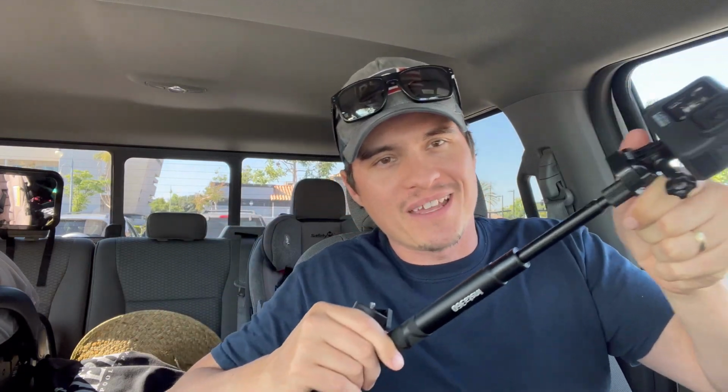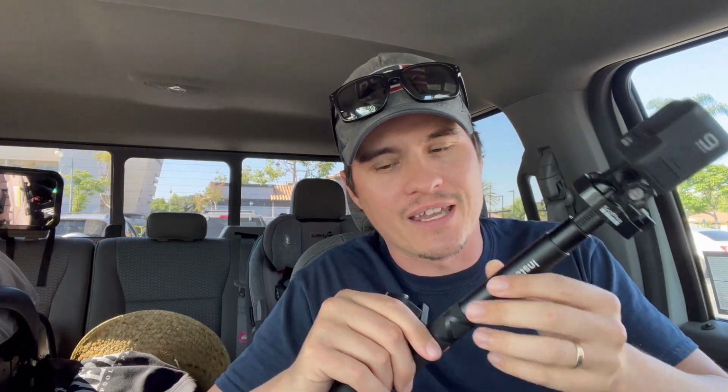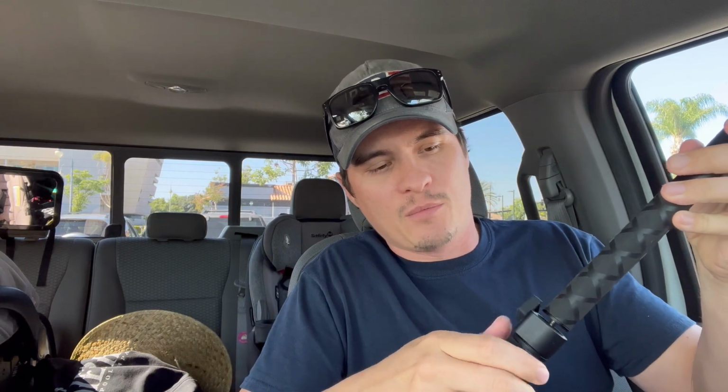I've been a lot happier with it. So this telescoping guy is from the Insta360. You can even see the name. This little tripod is also from it. But what's cool is it's not the most durable tripod. It would knock over pretty easy, but you could go ahead and just set that up somewhere and take some